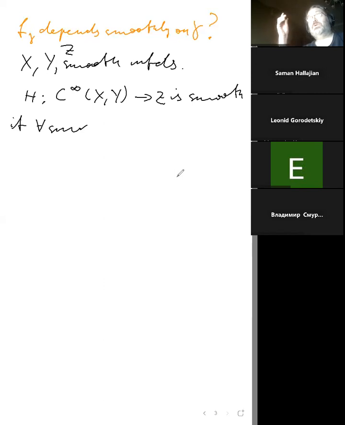So from the homotopy point of view, these spaces are sensible. There are much worse spaces than these. Okay, so we want to define smooth maps. So for every smooth manifold,